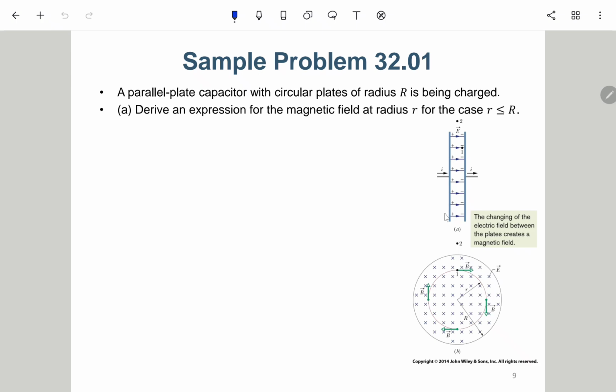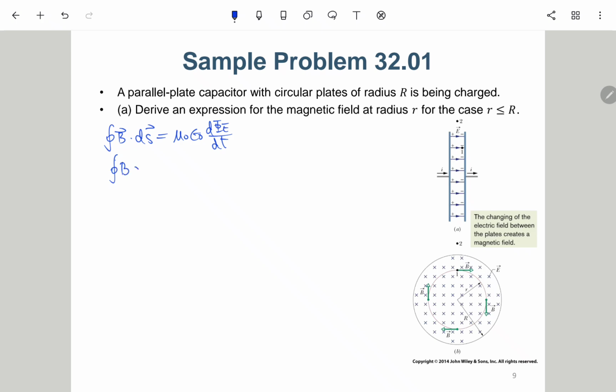circular capacitor. We are asked to derive this B field, because a current keeps flowing in, so the E field will keep increasing. Okay, so according to Maxwell's law, we can write the integration of B dot ds equals mu 0 epsilon naught d phi E dt. Okay, so this is nothing but Maxwell's law itself, and then we can go through several steps.